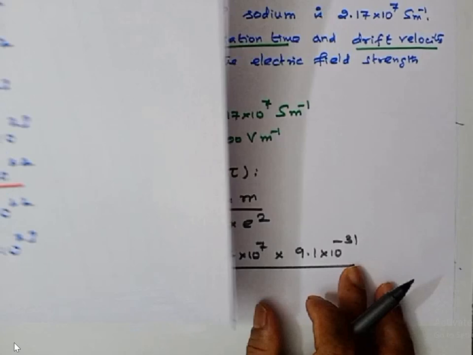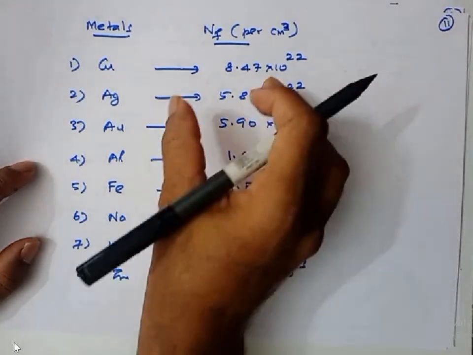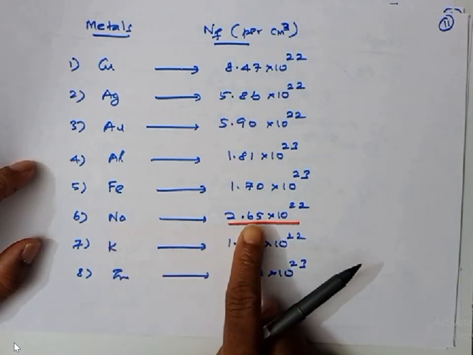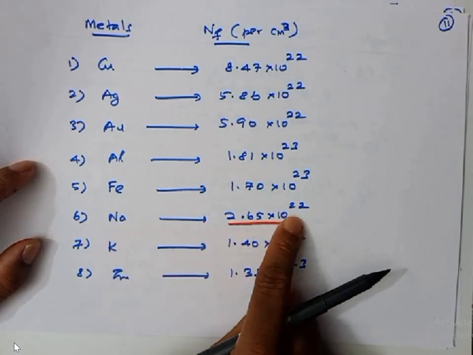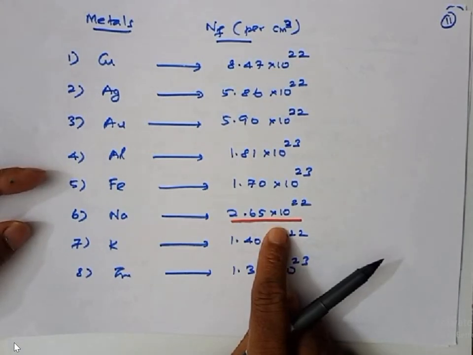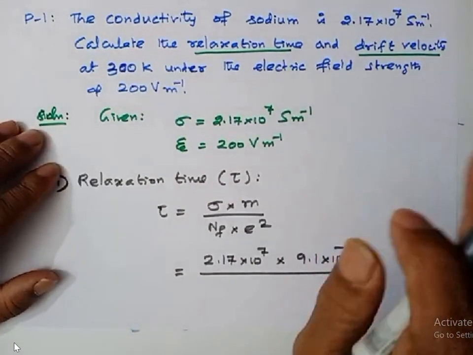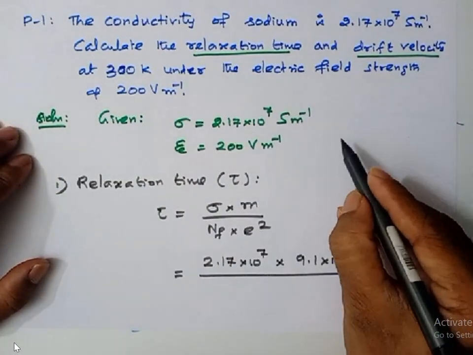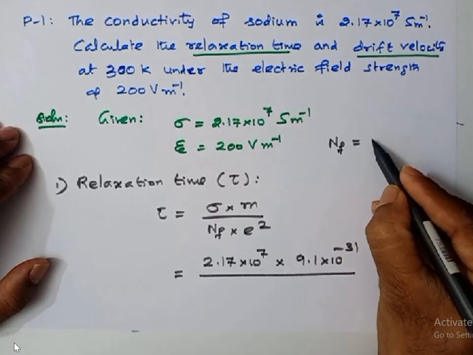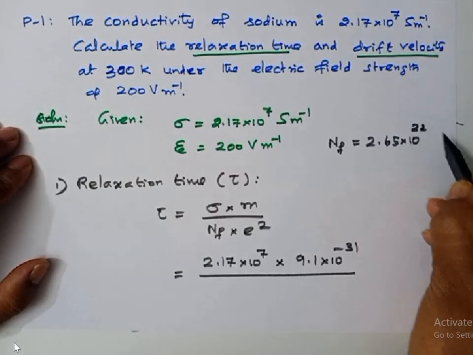And I think in the lecture 2 I gave all these values. Number of free electrons per cc. For sodium metal, the value is 2.65 into 10 to the power 22. Okay, so I'll take this value directly from the table. In the examination they will provide. So number of free electrons per unit volume for sodium metal is 2.65 into 10 to the power 22